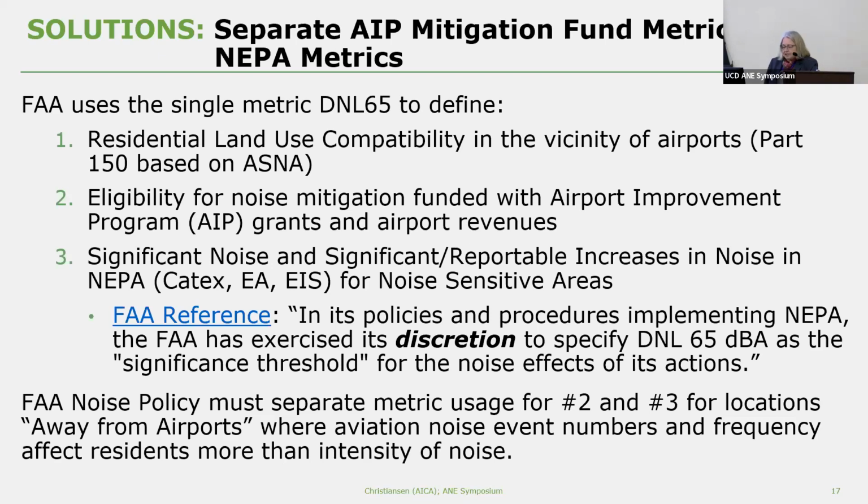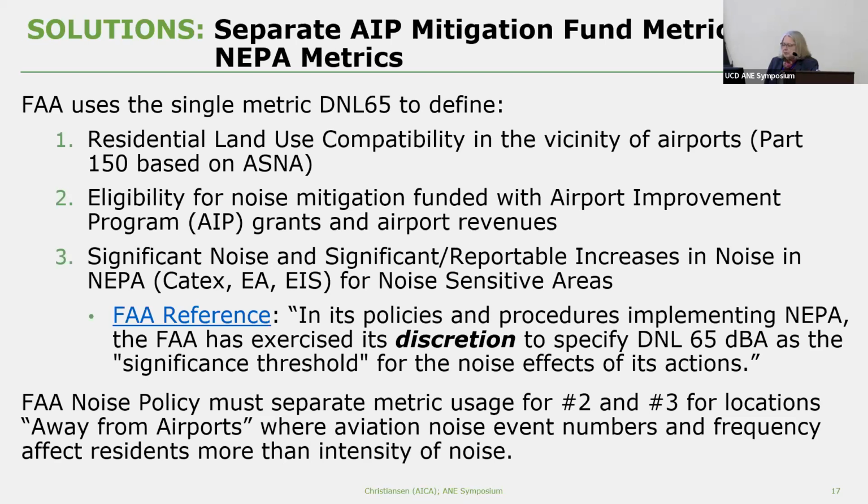The FAA also says, though, in its policies and procedures implementing NEPA, the FAA has exercised its discretion. So it's not mandatory that all of those three use the same system of metrics. I believe that the FAA noise policy must separate number 2, eligibility for noise mitigation, from number 3, NEPA requirements